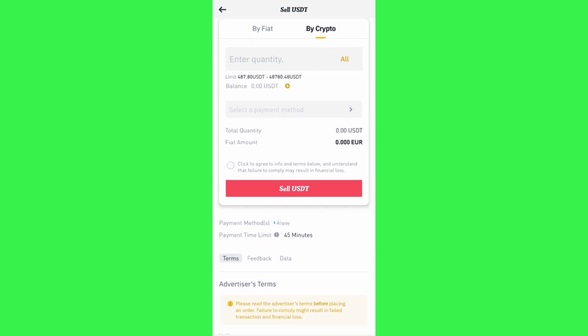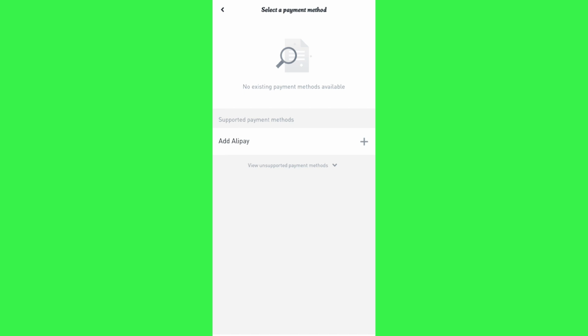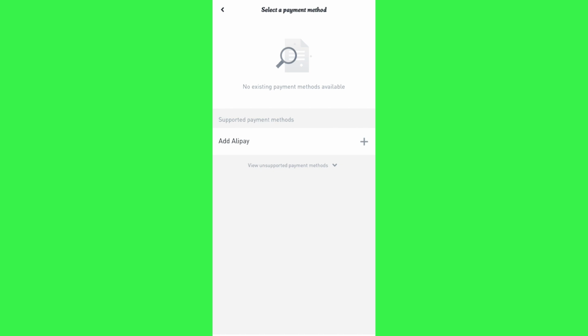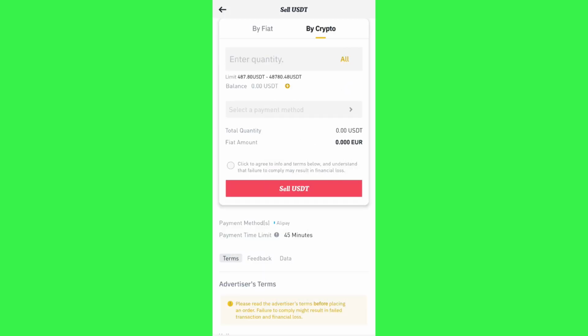Then in the payment method section, you will have to tap on add payment method, and after that you need to add your bank account into it. For that you need to tap on the plus icon, and after that you just have to select the bank transfer option. Then you need to just provide your banking details and you simply need to add your bank account